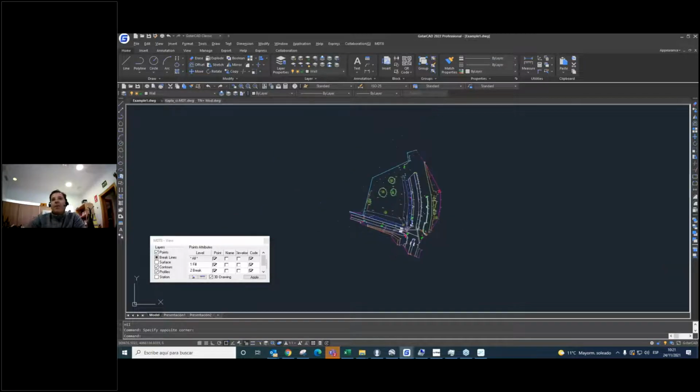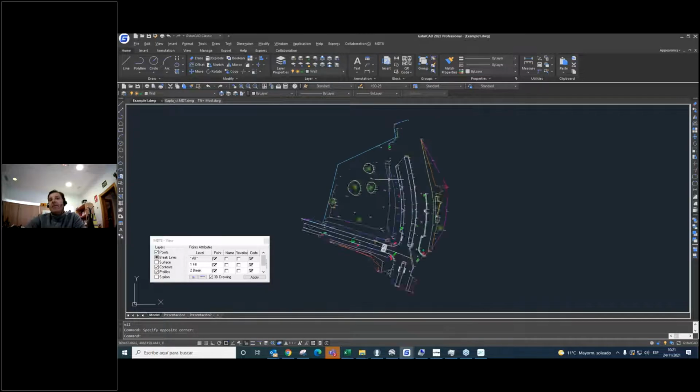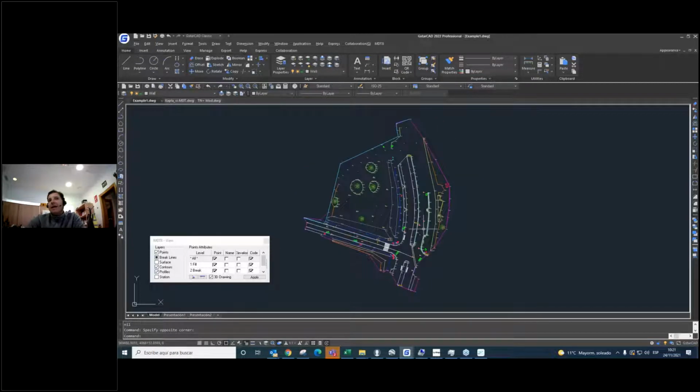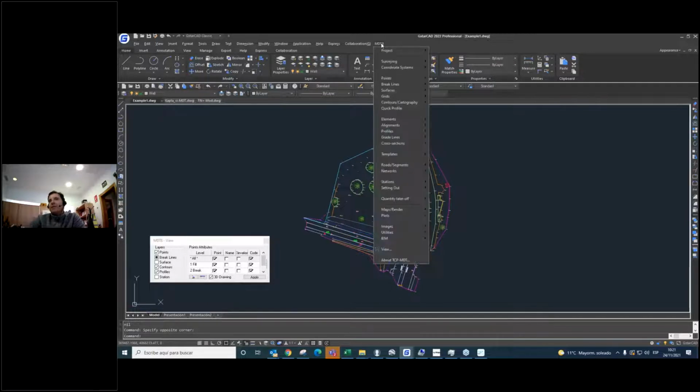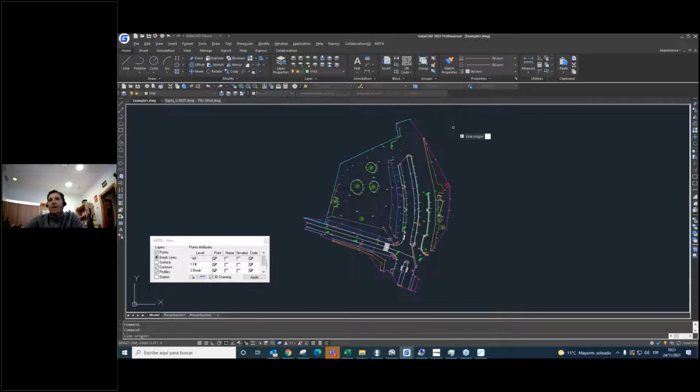Okay, when we have a final drawing of our work, we have with MDT a lot of tools to facilitate different options, like for example utility. We can show, for example, to draw the slope is one option.